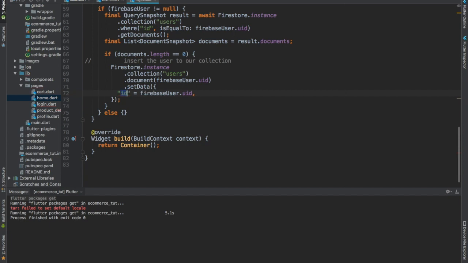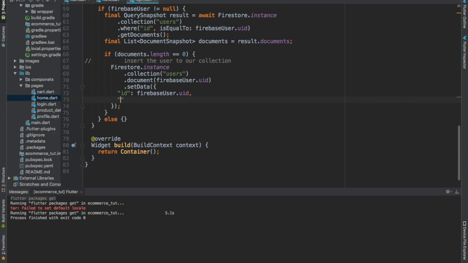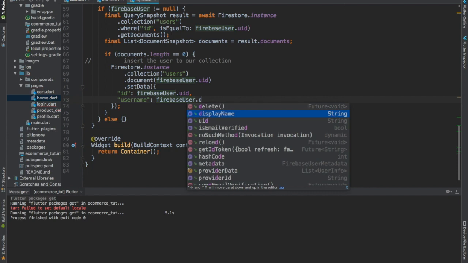This is not supposed to be equal, it's supposed to be a colon, key value pairs. Okay, no problem. Username: firebaseUser.displayName,